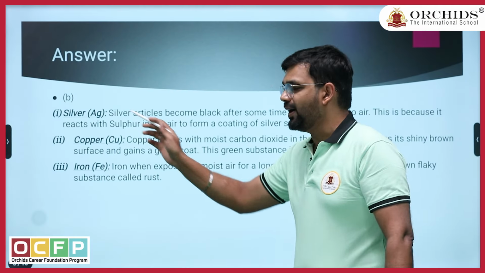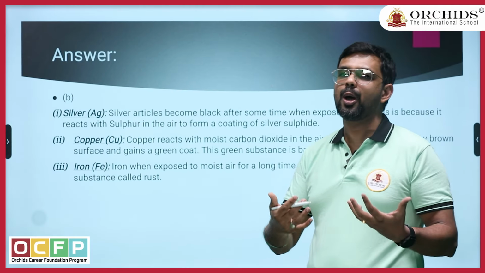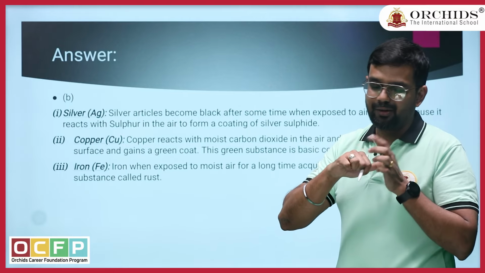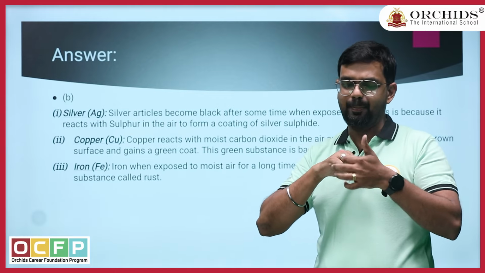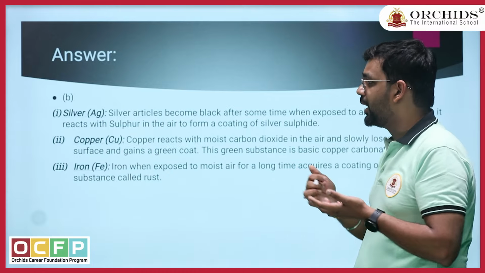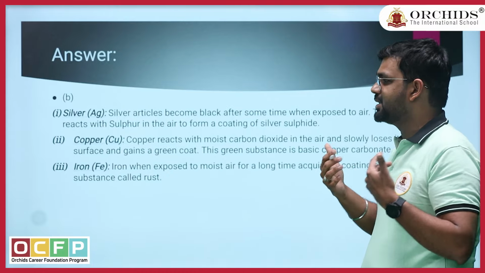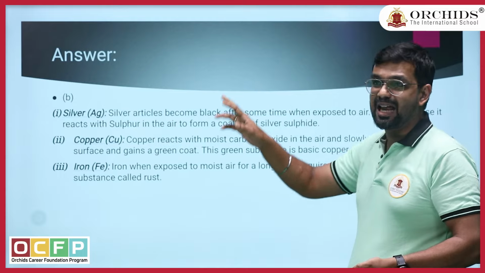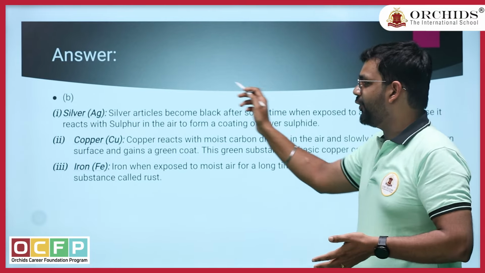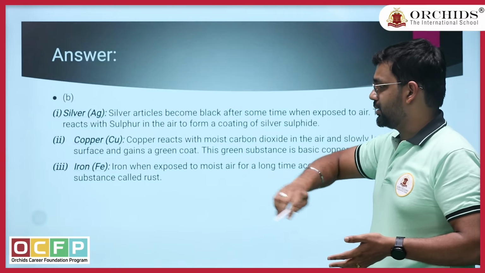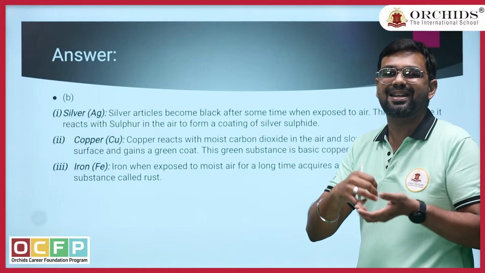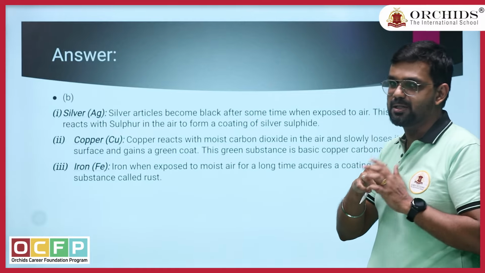So yeah, silver. All the articles, if you expose them to air or atmosphere, even you can see, I am wearing a silver ring here. After a few days, you can see some black coating over this silver ring. I used to wonder what the reason behind this was. When I started to study, I learned that there is sulfur present in our atmosphere. It takes time though. What it forms is Ag2S, which is silver sulfide, and that silver sulfide compound is blackish in color. That is the reason the tarnish happens with silver metals.